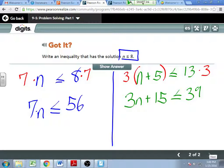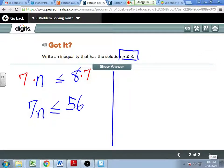So I still have just multiplication and just addition going on, but because I did the addition first, it makes it a bit more complicated because we have to distribute. If I do the multiplication first, then when I add, I just add over here and I add over there. I did the 7. Can I do the second one? So here's our one-step inequality. This would take one step to solve. We would divide by 7 on both sides, and that would get me my answer, n is less than or equal to 8. So then if I take the 7n,